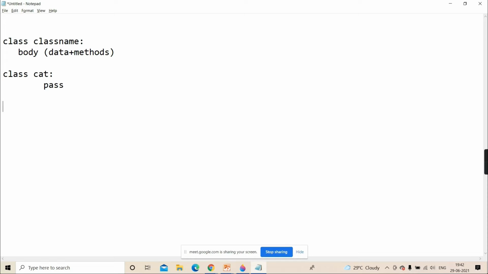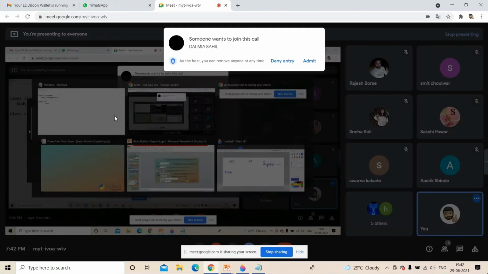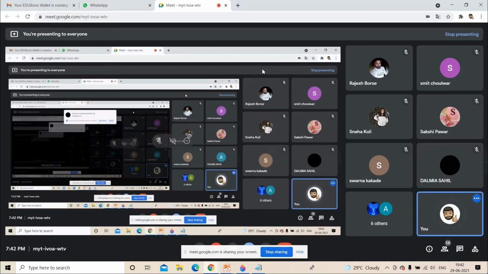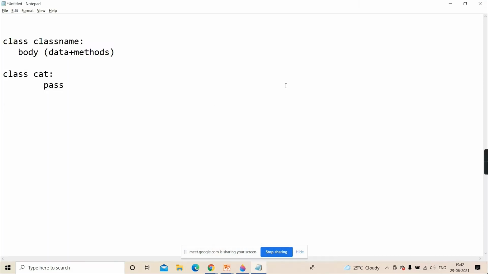Then you can create objects of it, and later you can add properties to it. That is the peculiarity of Python OOP. Correct? So now you can create an empty class, leave it empty, then create objects of it, and after creating objects you can add properties and methods to it. That is the speciality. Now class creation is clear.